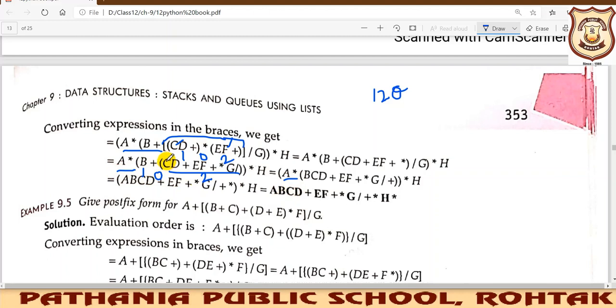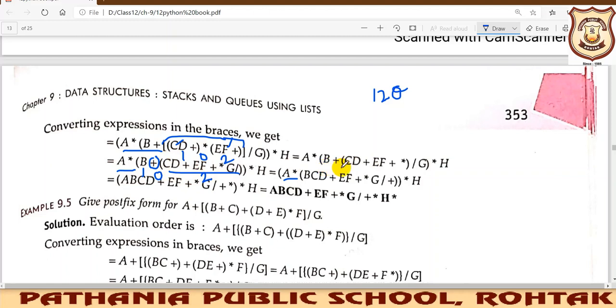Now if you find a bracket is there and one operator is there and you are writing this way, it will be attached with the first element that you have written inside the bracket. B will be attached with that only, rest everything will remain the same. This operator will go at the end. We know this is the first operand B, so it will be attached with CD. I told you the first operand will get attached to this. If in the bracket you have multiple things written together, the first operand will get attached to the first element, meaning the second operand's first element, right?